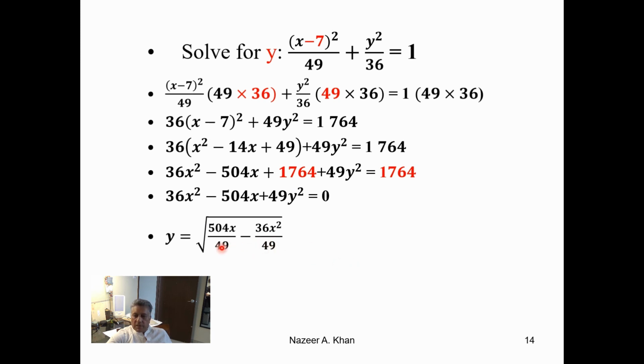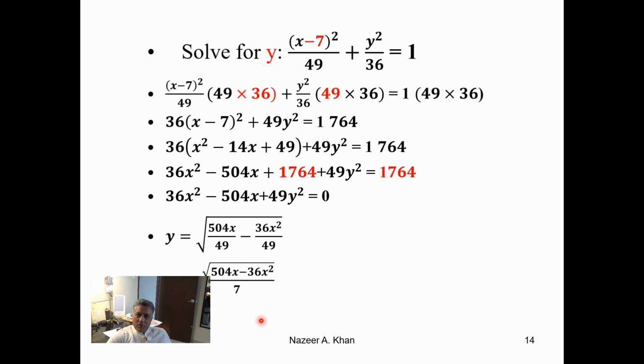Because these denominators are 49 each, you could write this all as one term, and you could take the root of 49 and take it outside of the radical sign. And that's what I did here. So now I have y solved for in the simplest form, and basically you're done with this problem. And that's all there is to this